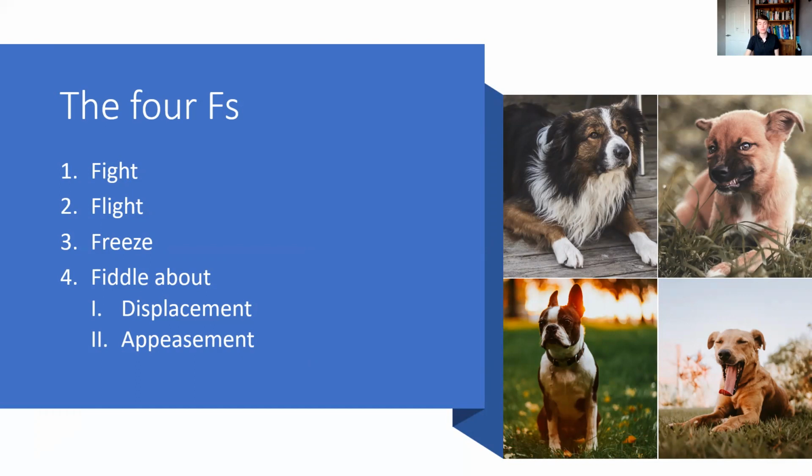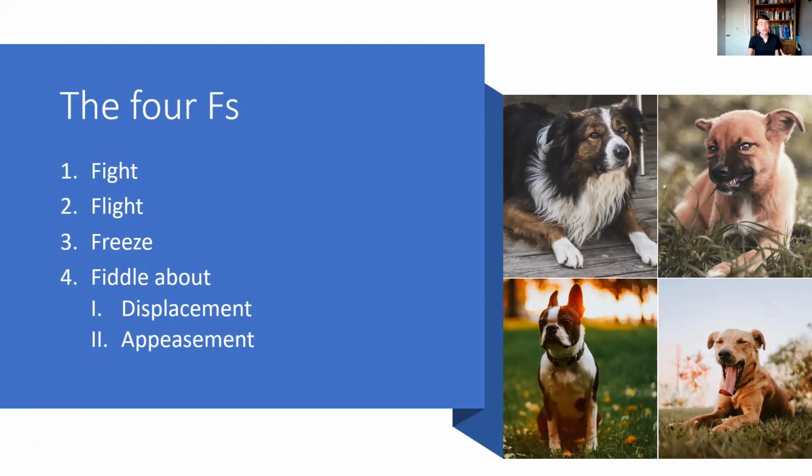And the other one is appeasement behaviours, and these are behaviours designed to pacify a potential aggressor. So that can involve things like going into a sort of crouch or a bow, turning their head away, blinking very, very slowly, all sorts of things like that.